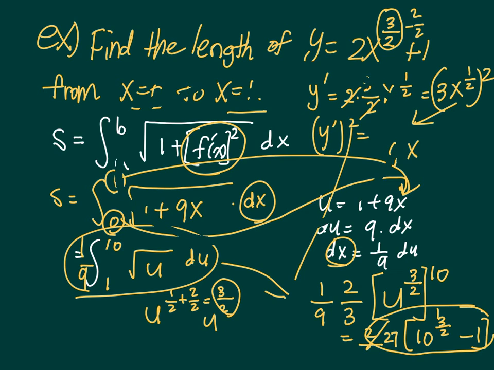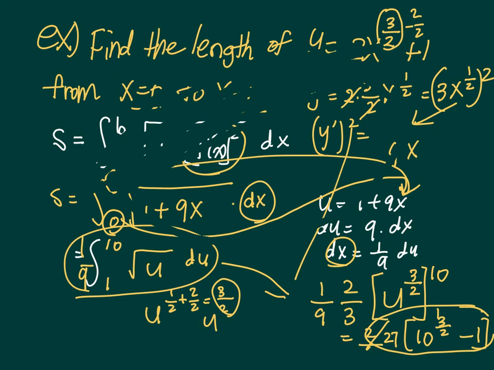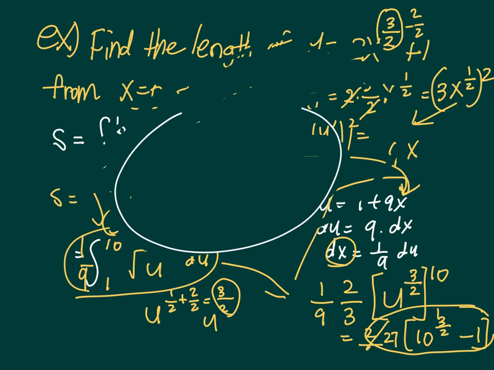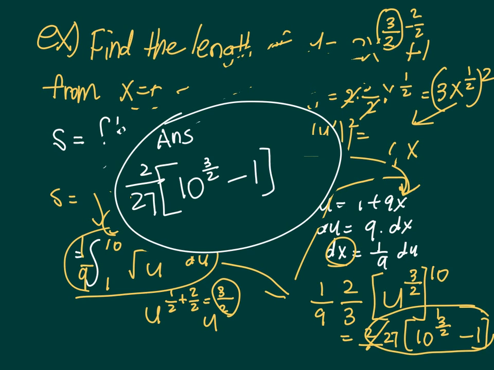Erase that quickly. My answer is 2/27 times the parenthesis 10 to the 3/2 power minus 1. That is my arc length, guys. Okay,